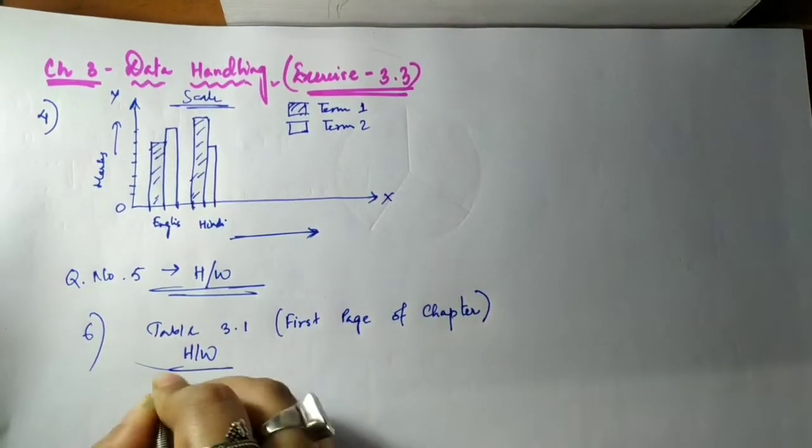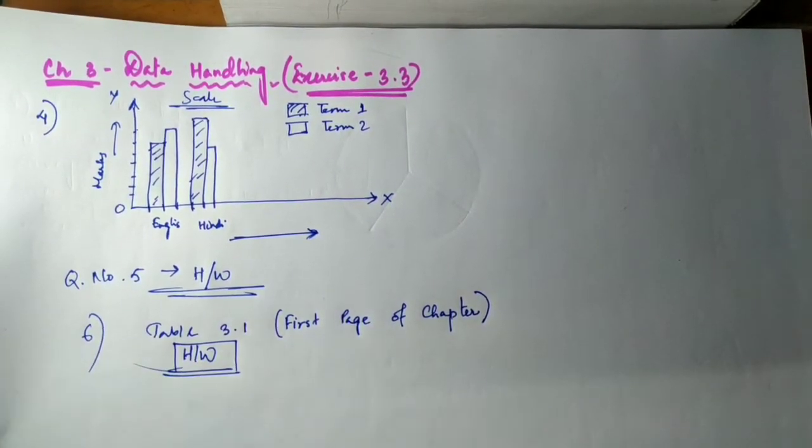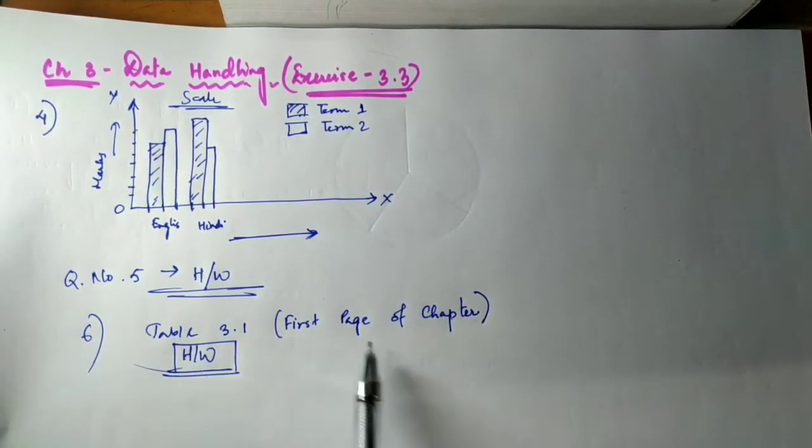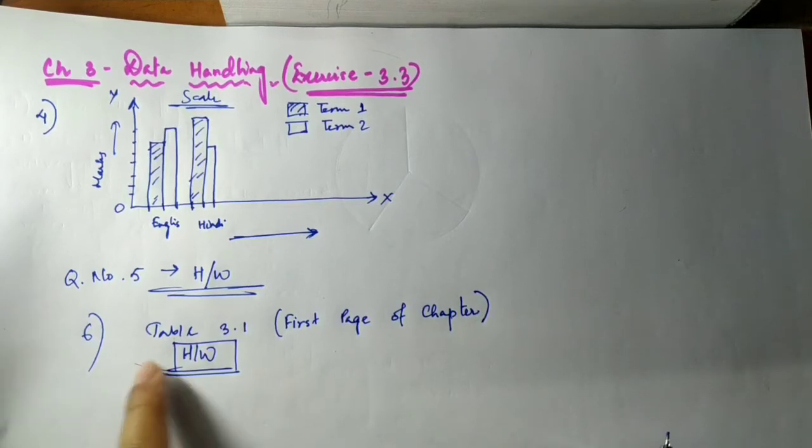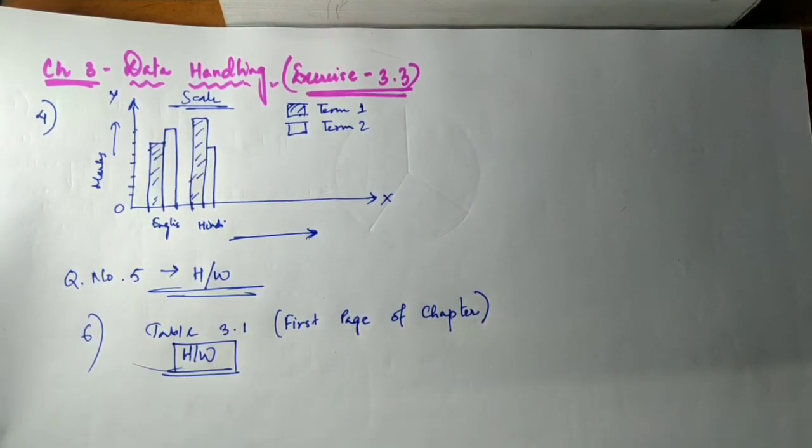So some of you might not be able to find the table. The table that you require for making the graph is on the first page of the chapter, just below the introduction topic. Okay, so it shows the temperature of different cities. Now I hope you have understood this. I have shown you one double bar graph because others are done the same way. You can choose any scale according to your convenience. And this was the last part of the exercise.